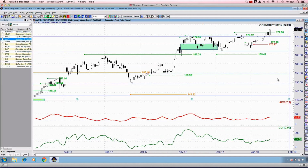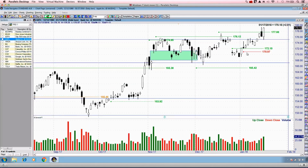It ticks all of the boxes for a very nice breakout. The ADX is turning up, which is fantastic. We also have the CCI, which has now definitively broken above that positive 100 reading. This is on the back, of course, of a bullish engulfing candlestick pattern, which set up on Wednesday, and overall